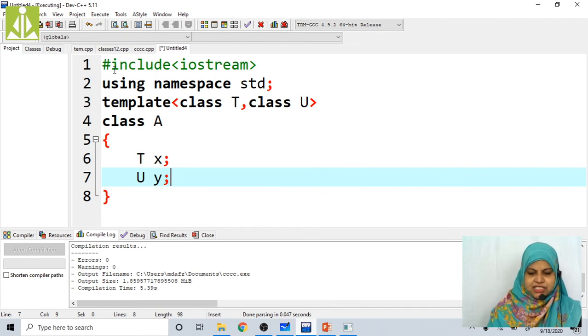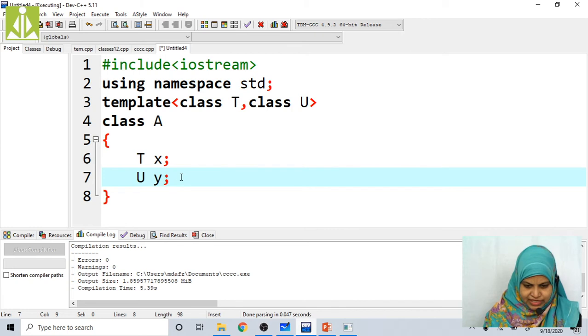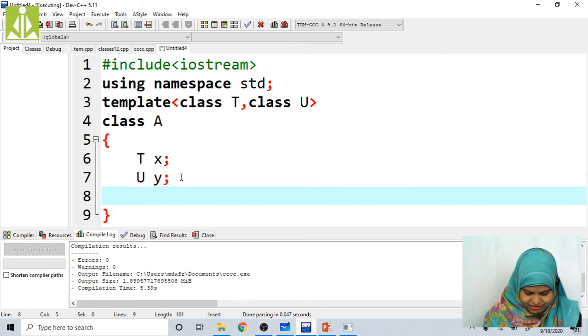I am creating the x variable of class T, and the y variable of class U.